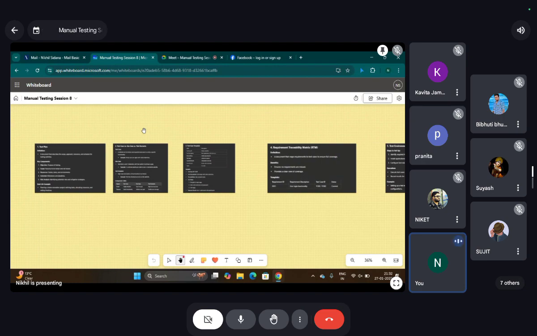What's the difference between test case and test scenario? Okay, test scenario is a detailed functionality where